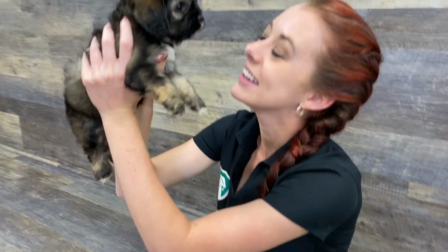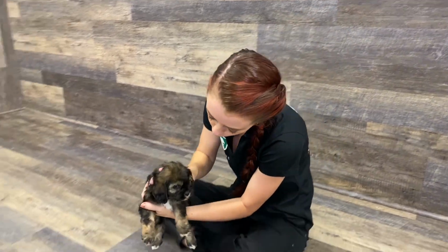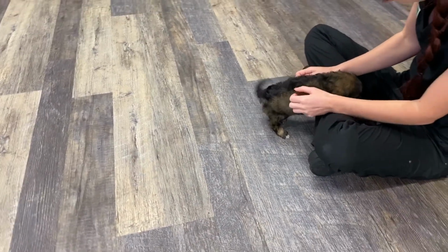Size-wise, his mom is 10 pounds, his dad is 15 pounds. Our best guess, he's going to be 12 to 14 pounds, right there middle of the road, which is very small for a Cavachon. And the one thing that makes him extremely unique, this is our first tricolor Cavachon litter,